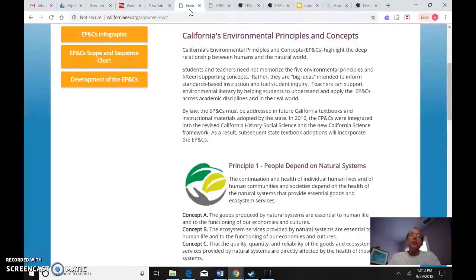So anyway, that is a basic introduction, and I will pass it on to my colleagues to provide some more detail as to how these principles and the curriculum can help social studies teachers, help teachers.